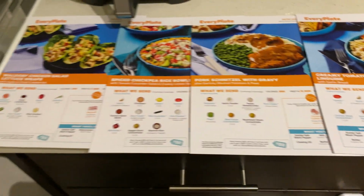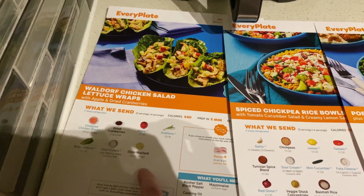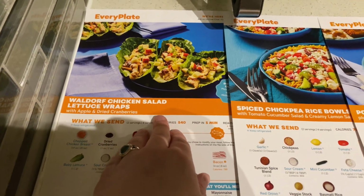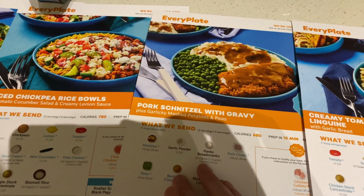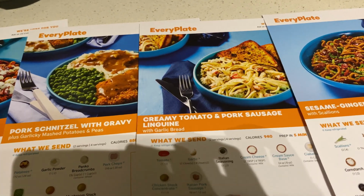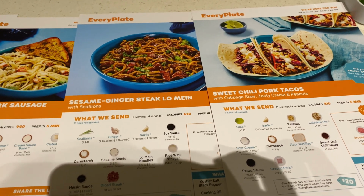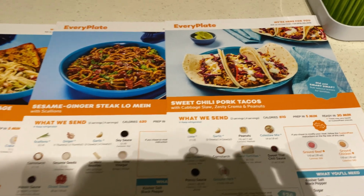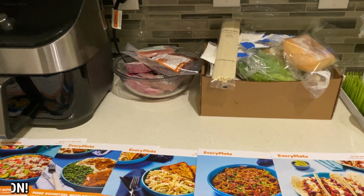But here are the dinners we got. We got enough for 7 dinners. So we got 2 servings of this Waldorf chicken apple salad. We love these. We make these a lot without Every Plate, but I'm excited to have that this week. We got a spiced chickpea bowl, some pork schnitzel. We've gotten this creamy tomato and pork sausage before, and it is so good. So we got that one again. And then these are 2 new ones to us. We got a sesame ginger steak lo mein, and then this one that we're going to make tonight, the sweet chili pork tacos. And all of this with the credits that I had only cost $10.99, which was the cost